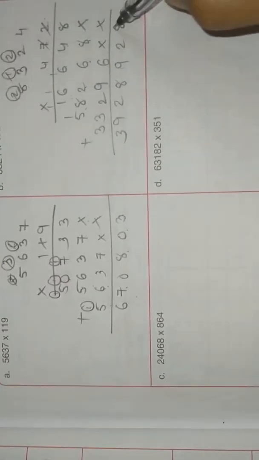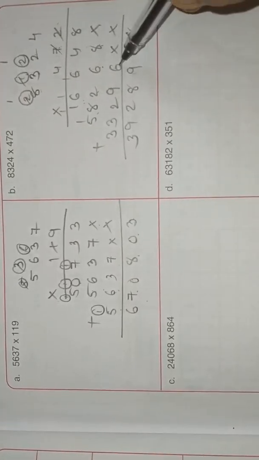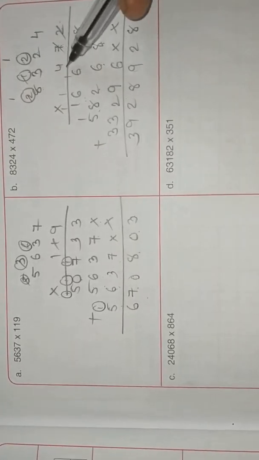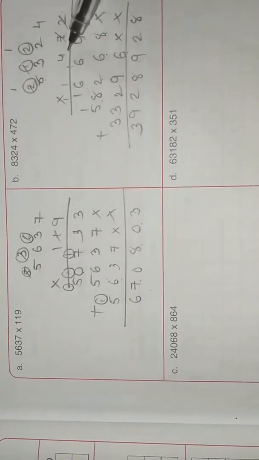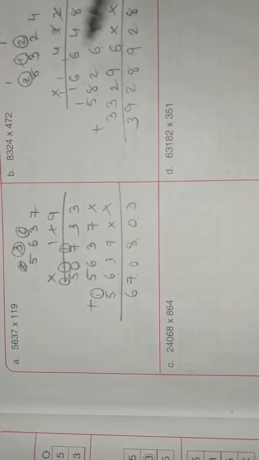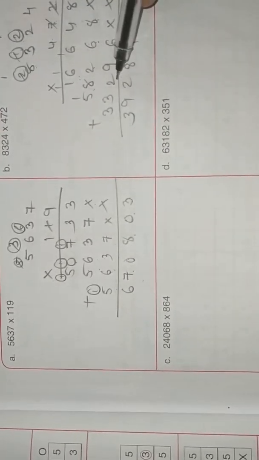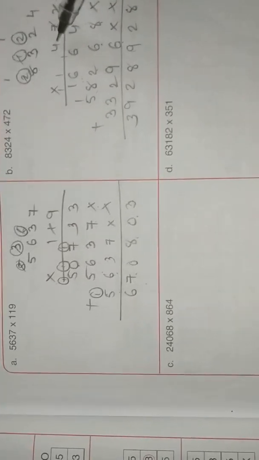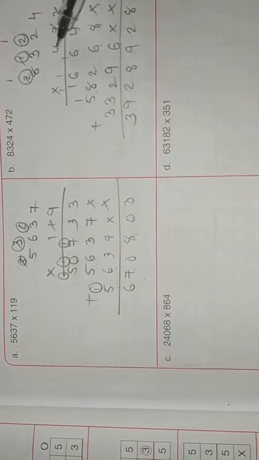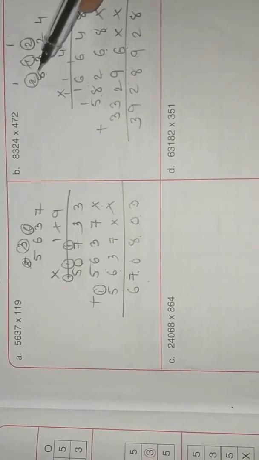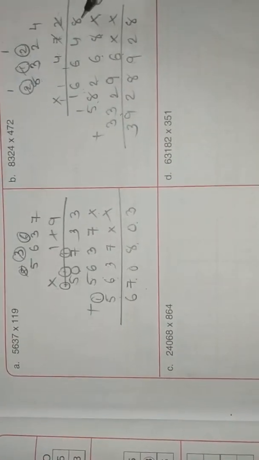Again cross marks 2, and then you have to write. 4 4s are 16. Write here 6. 1 is a carryover. 4 2s are 8. 8 plus 1, 9 is there. 4 3s are 12. Write here 2. 1 is a carryover. 4 8s are 32. 32 plus 1, 33 is there. Write here 33. 8 as it is.